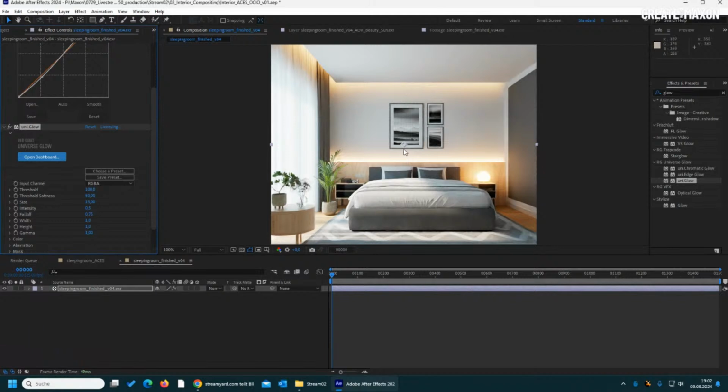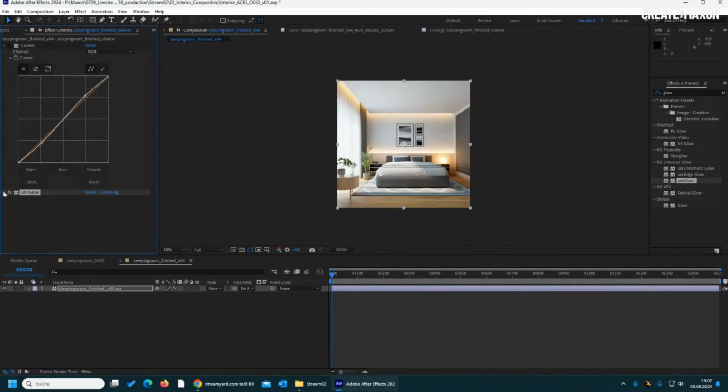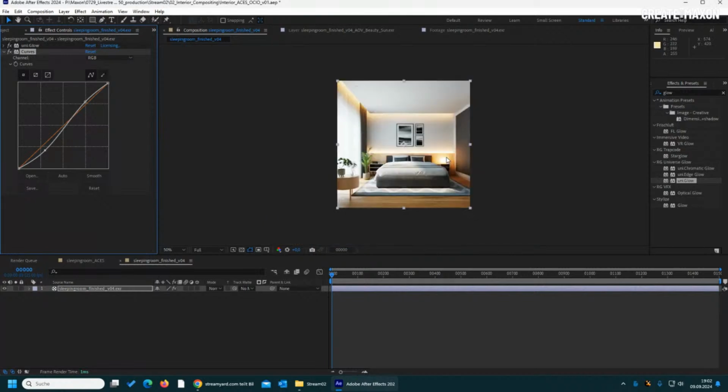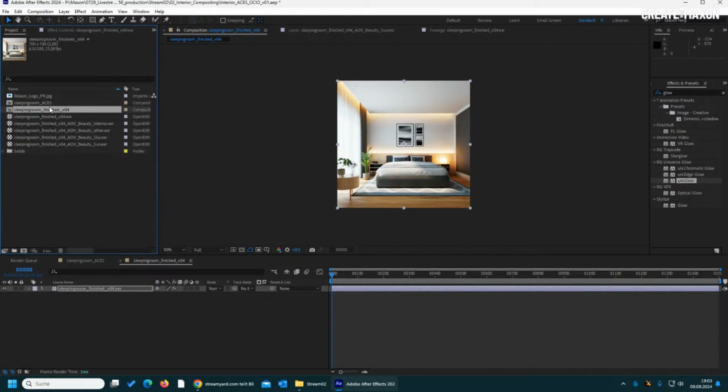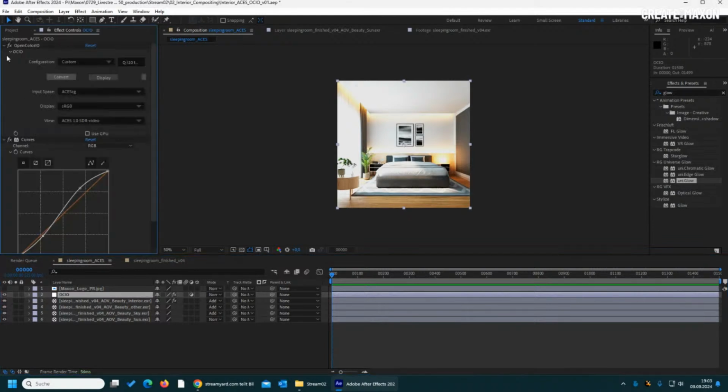So if you don't need the whole control and don't want to waste a lot of time on the compositing, just render out the already color mapped stuff, and I think in most cases it will be totally enough. With this workflow here, where you can combine those two things together, it's also